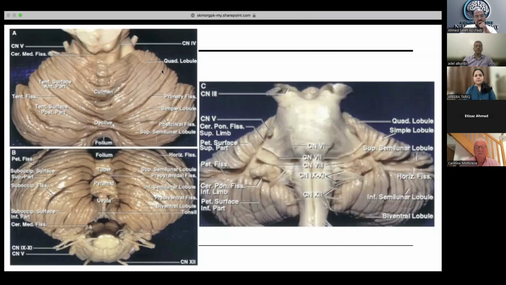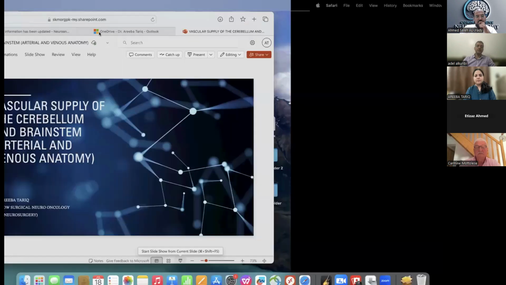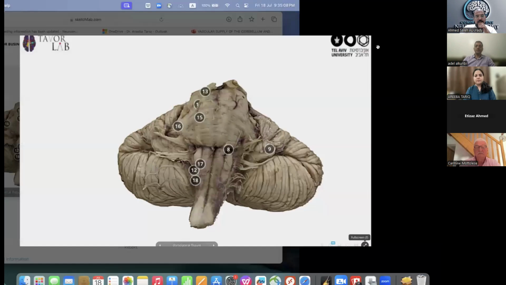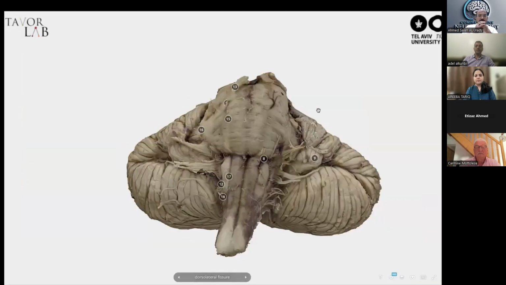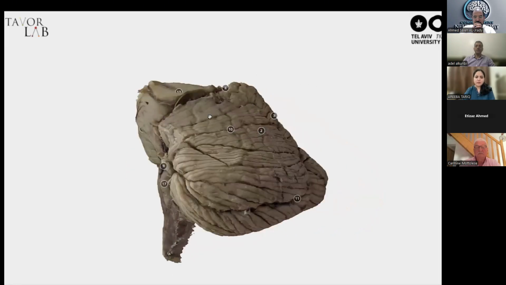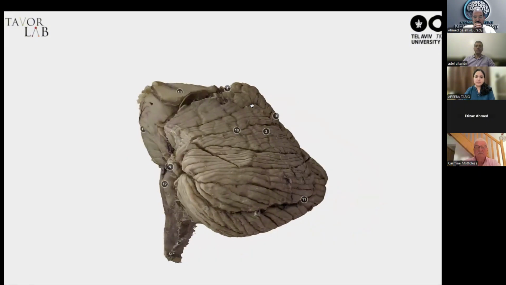Now, how I usually feel is that whenever we are studying anatomy, we should have a 3D view so that we can understand what's going on. So this is Sketchfab. Just for an idea, this is how the petrosal surface looks. And once you move around, this is the lateral view of the cerebellum and the brainstem in the posterior fossa.